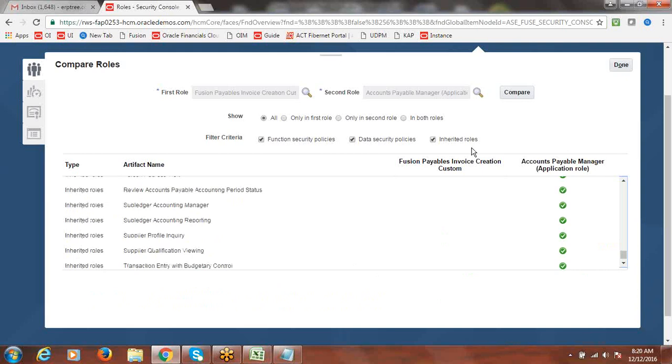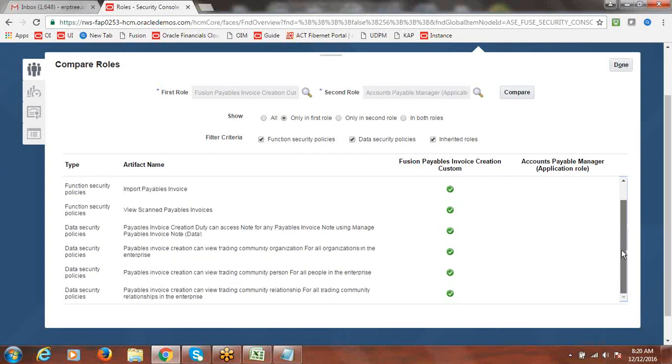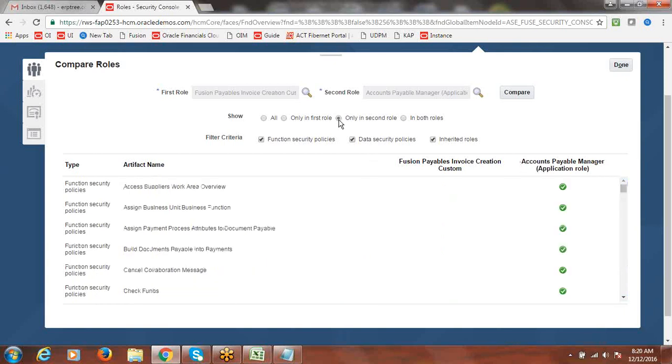If you want to see only the first role, just this role, you can select this option. Only what this role has access to, if you want to see, you can see like this. And if you want to see which functions your accounts payables manager has access to, then you can select this radio option.